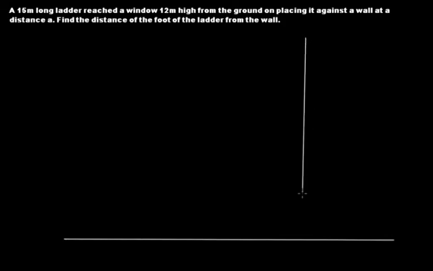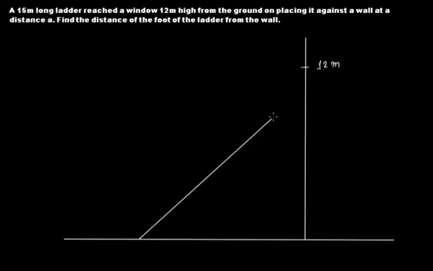So if we assume that this is the level of the ground, and this is our wall, and let's say the height of the window from the ground is 12 meter, so if we assume that 12 meter comes here, and then you have a ladder of 15 meter that has been placed against this wall, and that's reaching here, against a wall at a distance a. So what basically it's trying to tell is that if this is your ladder,